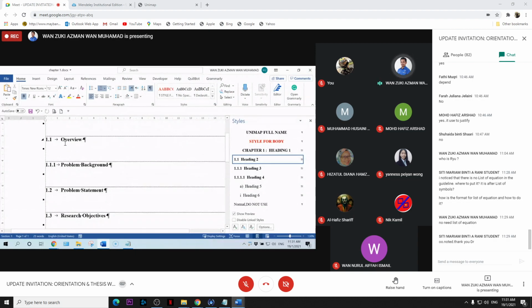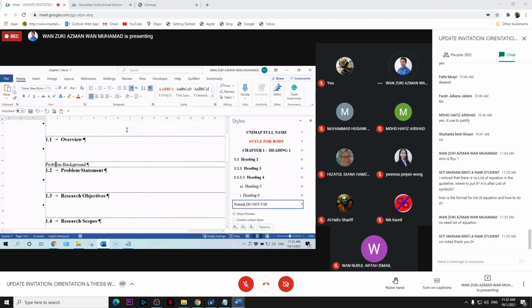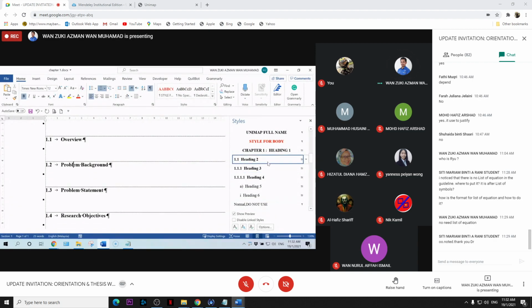So that means if you want this to become a subheading, so 1.1, you select Heading 3. My advice is, if you want to change, let's say problem background, I want this to become Heading 2, not Heading 3, I advise you to clear format first before you change to another style. So you clear format and then you select the new style like Heading 2.